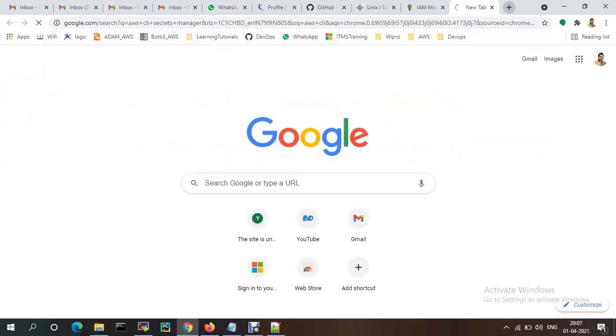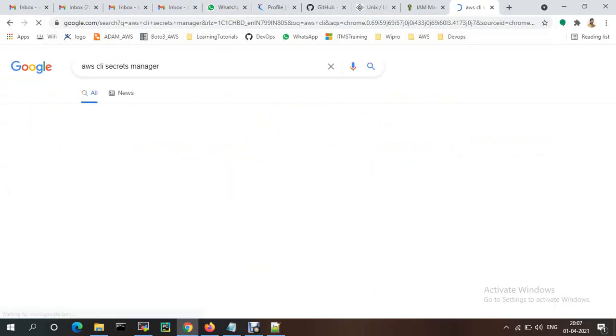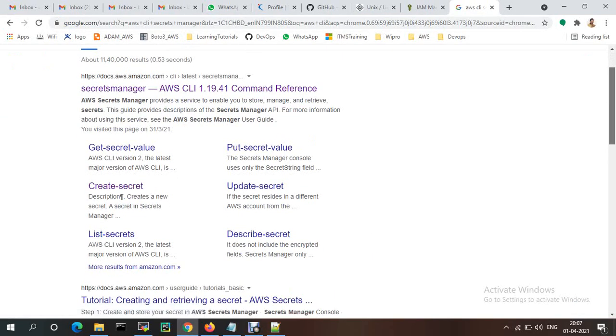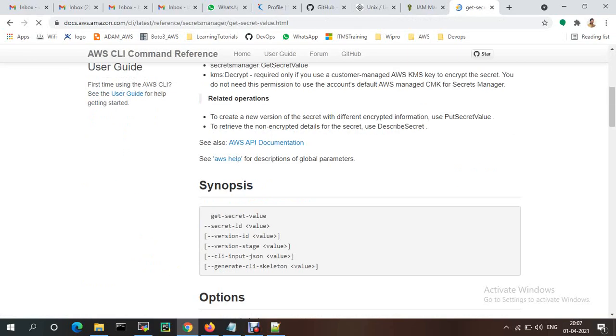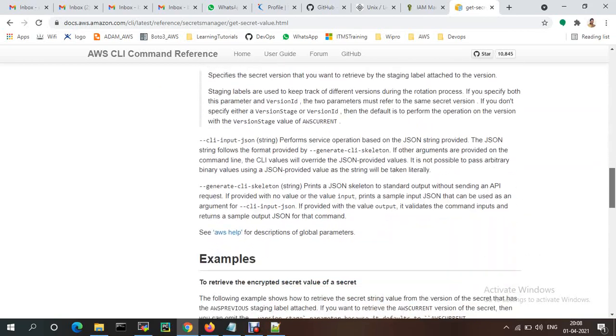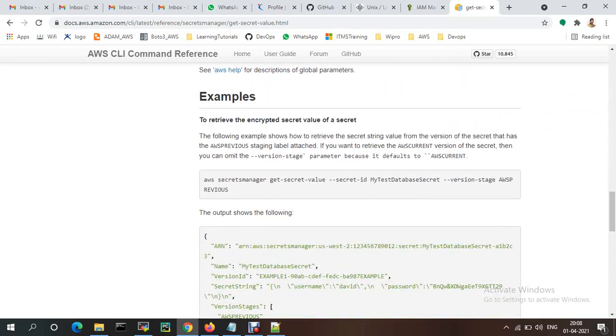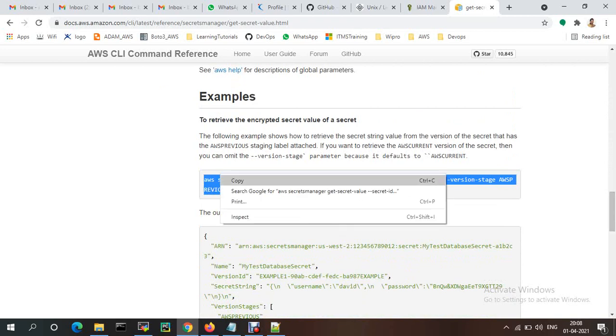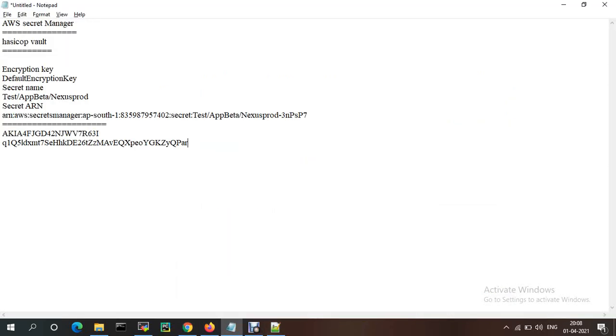AWS CLI secret manager, get secret value. If you want to get that one, this is the command: aws secretsmanager get-secret-value, and the secret ID.